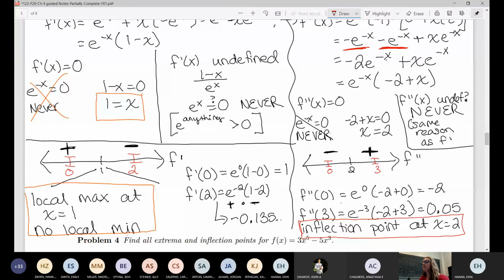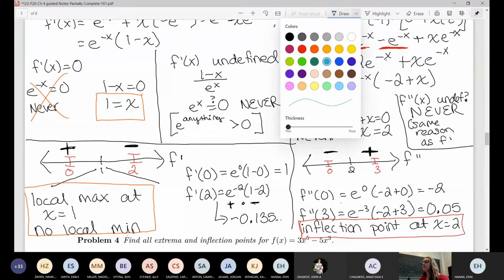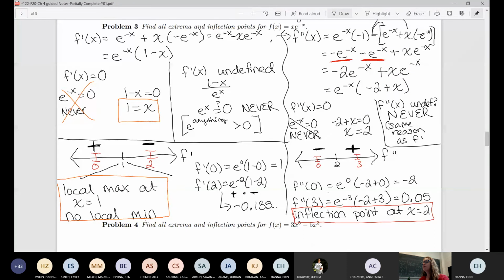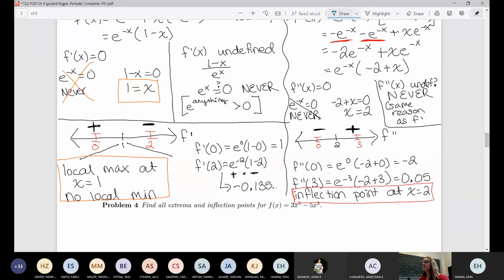One tiny last thing I want to talk about really quick is if you had wanted to use the second derivative test instead of the first derivative test. Say you were thinking to yourself, well, I'm going to find the second derivative anyway because I'm finding inflection points, so why don't I do the second derivative test? I don't have any space, but if you were to do the second derivative test, essentially what you would have done is you would have found the second derivative evaluated at 1, because remember the second derivative test is for extrema. So we would have found e to the negative first, negative 2 plus 1 is going to give us